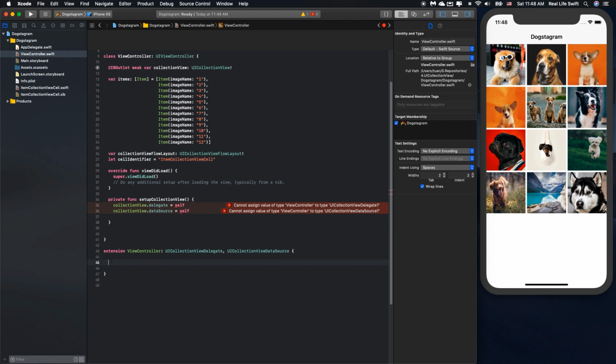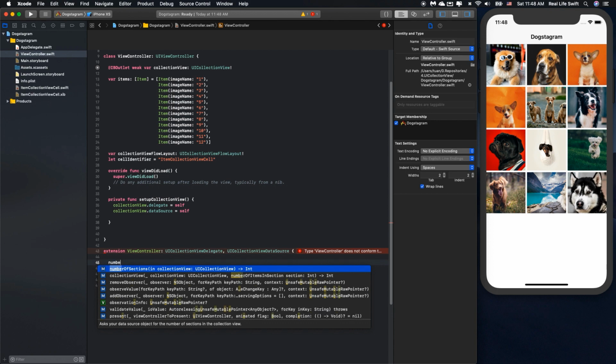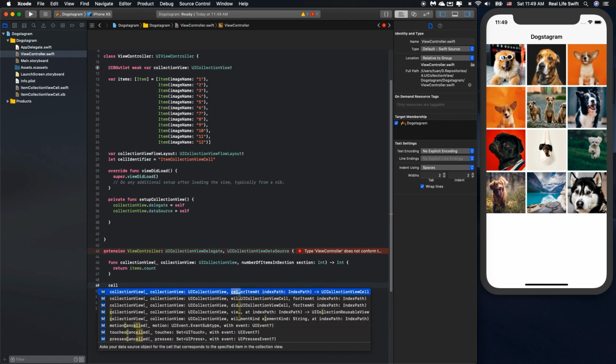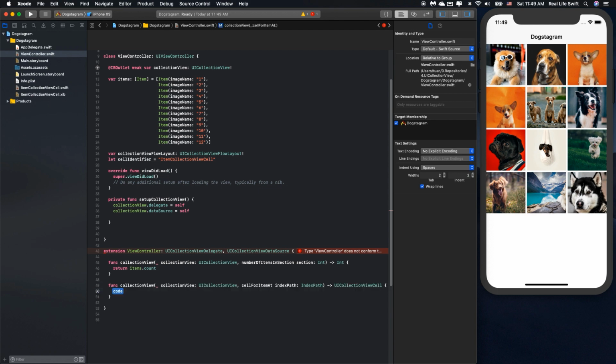So here we have to implement the function numberOfItemsInSection. We will return the item count. And for cellForItemAt indexPath,